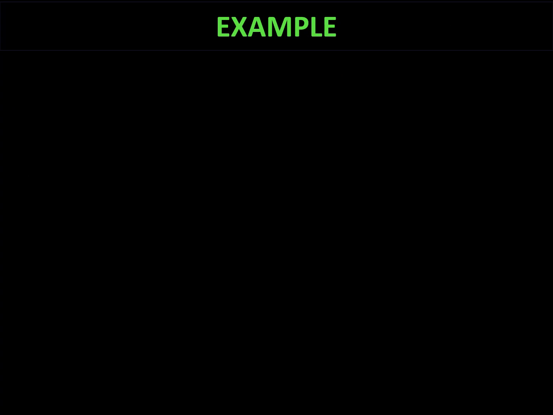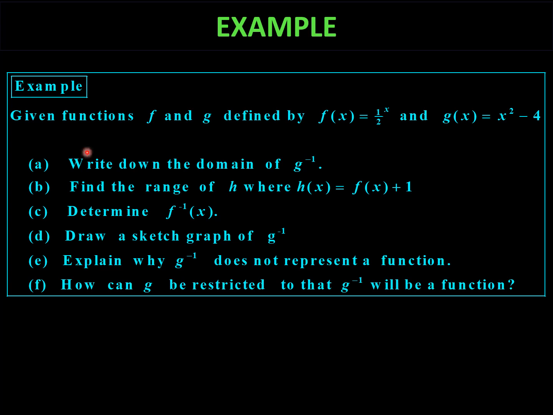Now we're going to look at an example that will assess all these concepts that we have done thus far. Here we have 2 functions f and g with their defining equations. The one is half to the x, and the other one is x squared minus 4. This one is an exponential, and that one is a quadratic. We want to determine the domain of the inverse, and there are a few questions, and we're going to look at each of these questions